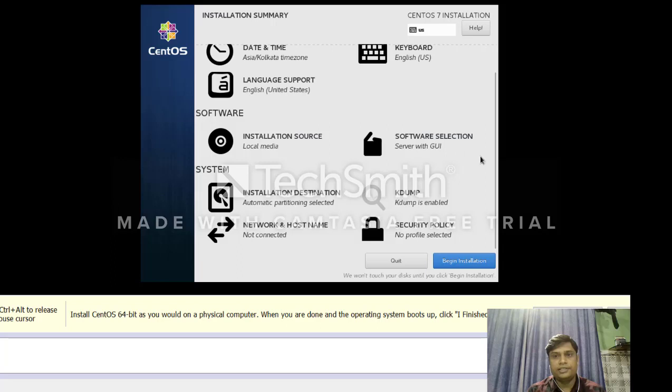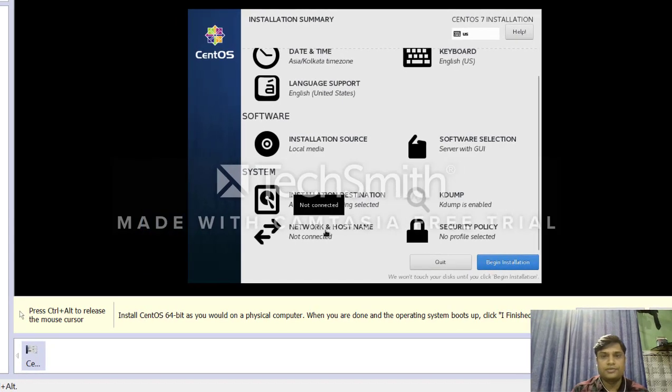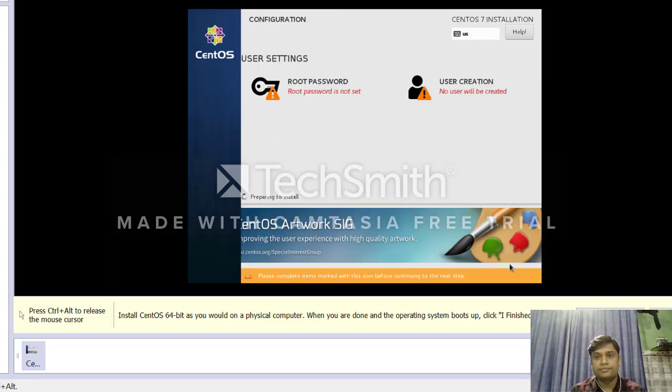Once you click done, your installation destination is completed. Now you have kdump, network and hostname, and security policy. Network and hostname we will set through CLI mode. I will leave these settings as they are and just click on begin installation.